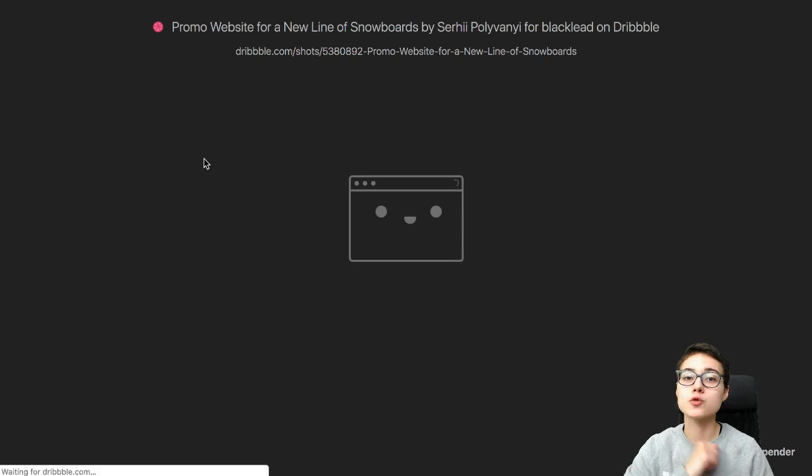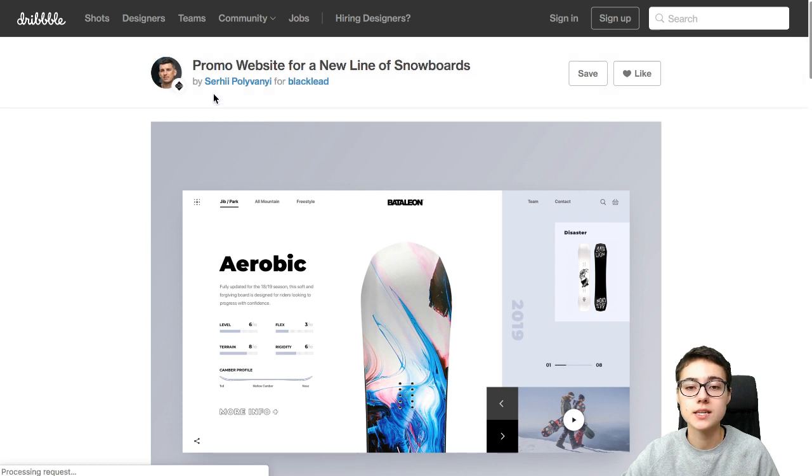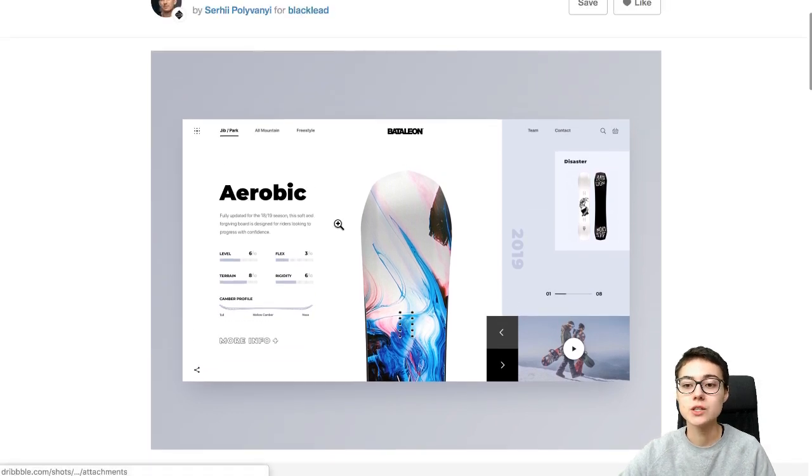Next one, I'm going to go to Dribbble, and on Dribbble we're going to have a look at the work by Serhii Polivanyi, and I'm really sorry from the bottom of my heart if I pronounced the surname wrong. The layout is asymmetrical because we don't have the traditional grid as we're used to seeing. We've got this type of slider again, and this is probably meant to be a slider in the hero section, and we've got a ton of elements, but